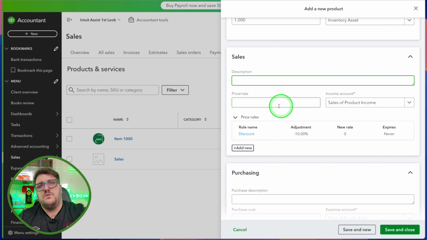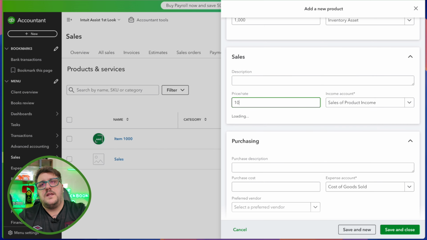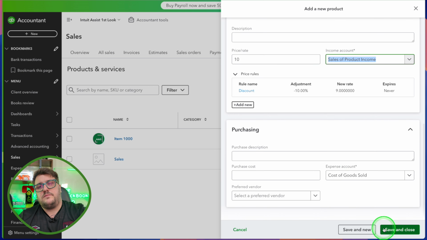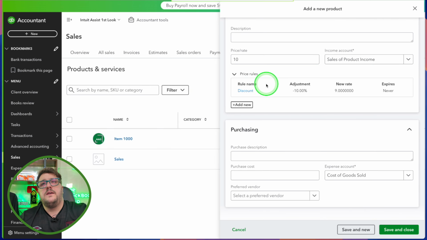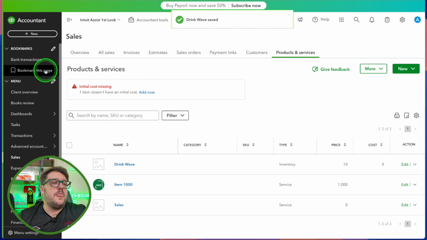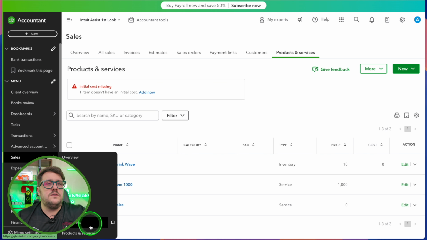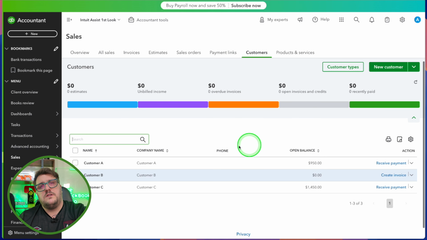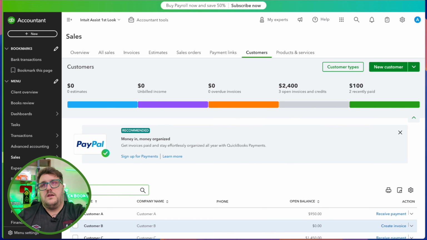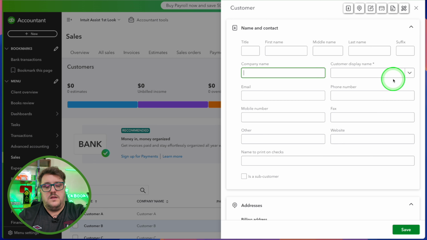There's this discount rule applying to this because it's there. But let's say it's £10 and save and close. Right. Now that's going to be important in a moment, especially if I create myself a new customer. And that new customer is going to be new customer